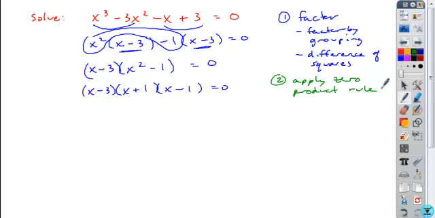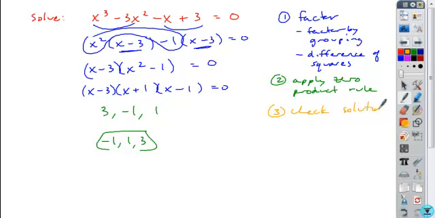Okay, and so if each factor is equal to 0, what value of x gives you a 0 here? 3 here, -1 here, +1. When you write your answer, write it from smallest to largest. And again, if you do have the opportunity to check your solutions, it's always a good idea to do that. Okay, so